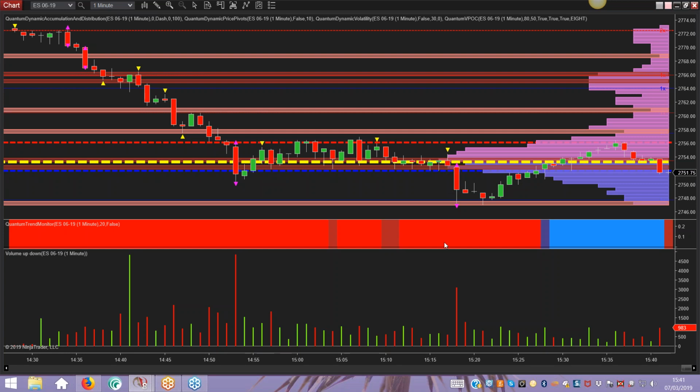We then had a repeat, but what we had on the repeat was lower volume but a big wick to the bottom of the candle, really just giving us a heads up that there was some decent buying going on in here.